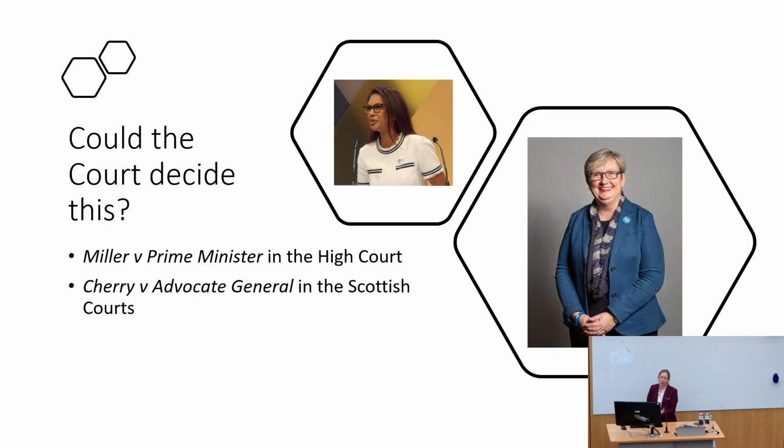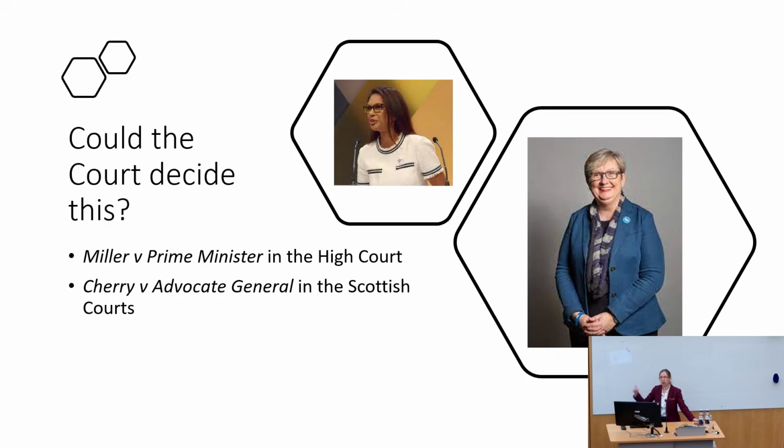She was saying, well, we have a prerogative power of prorogation, and it has a specific purpose, bringing a session of Parliament to an end. But I think the Prime Minister has used this for an improper purpose, to shut Parliament up and achieve Brexit, overriding the wishes of Parliament. And the High Court in England said, this is too political. This is not legal. This isn't justiciable. It's not our job to tell you what the purpose of prorogation is. That's for political controls. So we can't look at it.